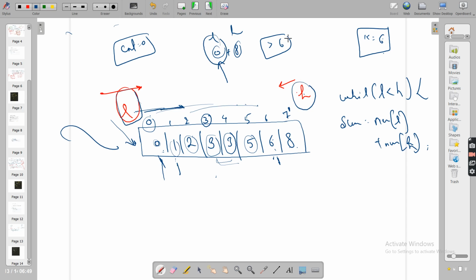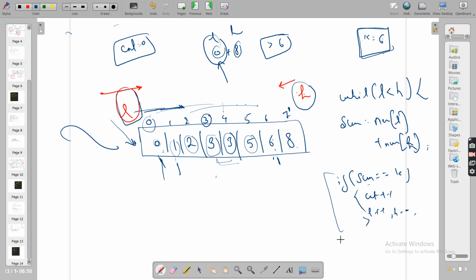So first we will see if the sum was equal to k directly. What we can say is, we increase the count, because we got this, and L plus plus and H minus minus, because for these L and H we got the pair. If your sum is equal to k, at some point we will see this: k was 6 and you got sum equal to 6, which means a pair like 3 and 3.